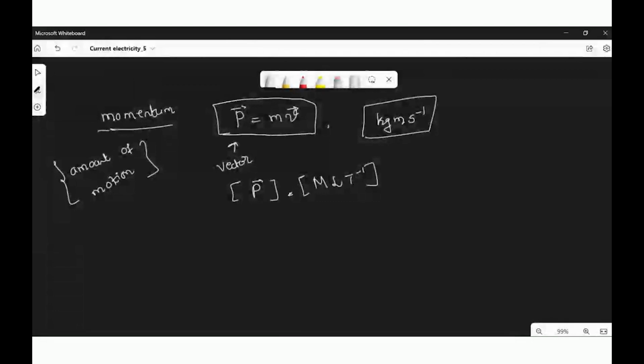And there's one important fact given there. The greater the change in the momentum in a given time, the greater is the force that needs to be applied. Correct? If within 1 second itself the momentum is changing drastically, then obviously you require more force to stop it. Yes, ma'am.